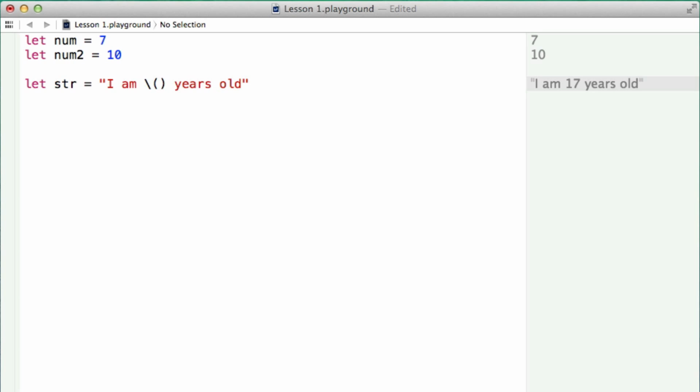So let's say num plus num2, and as you can see, this actually gets interpreted to be 7 plus 10. As you can see on our output, we get a value of 17. Now, why does this happen? Well, because we used this thing. And anytime you see a backslash in a string, that means we're going to start something, basically. There's a bunch of different ways you can use backslashes, but for now, I'm just going to show you this